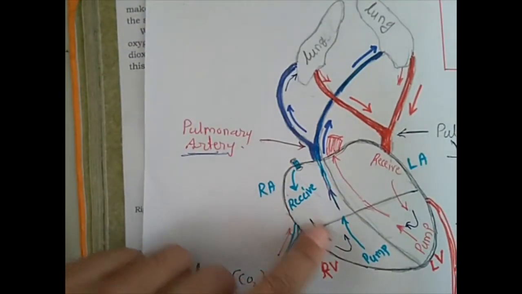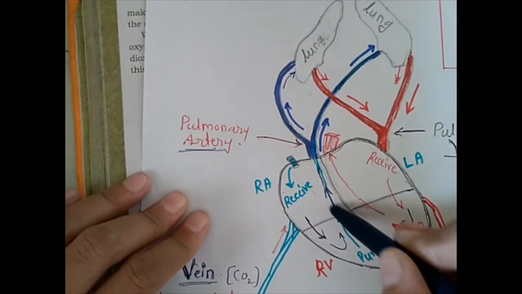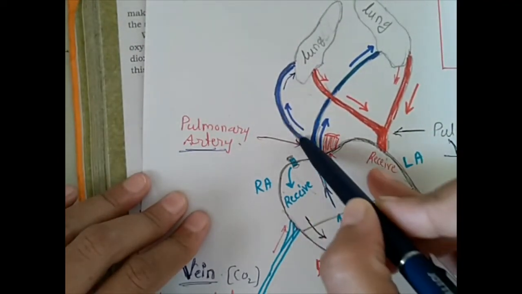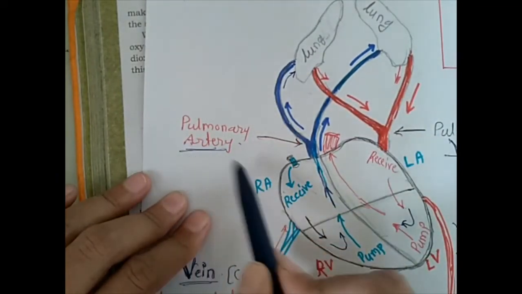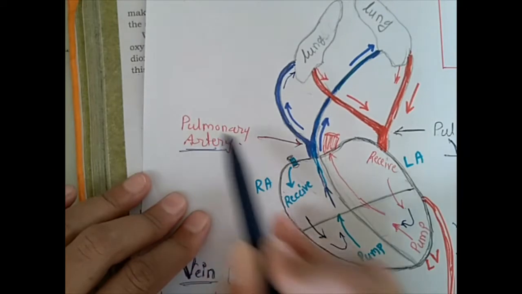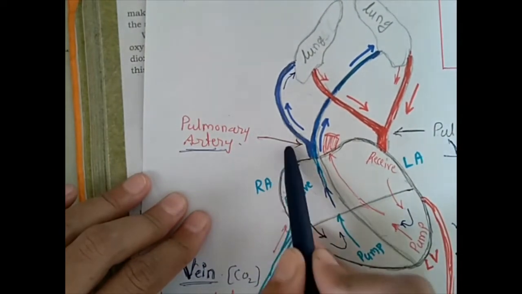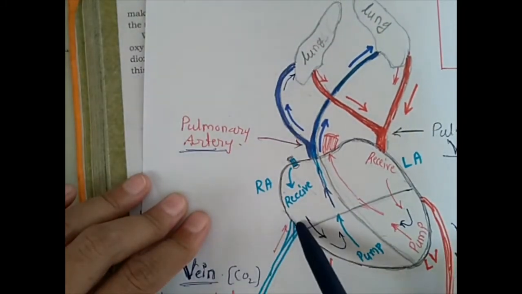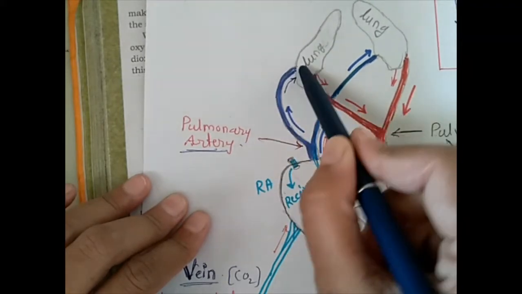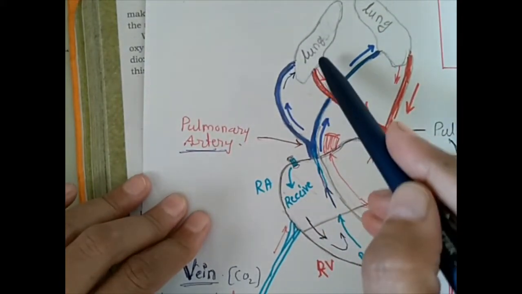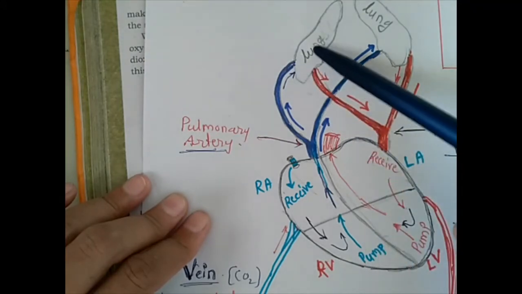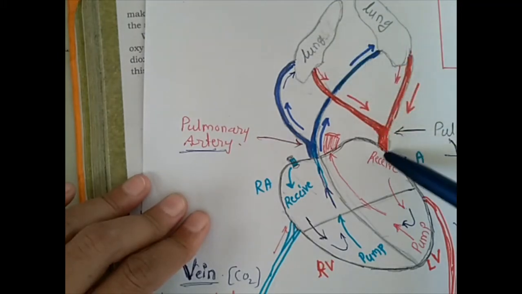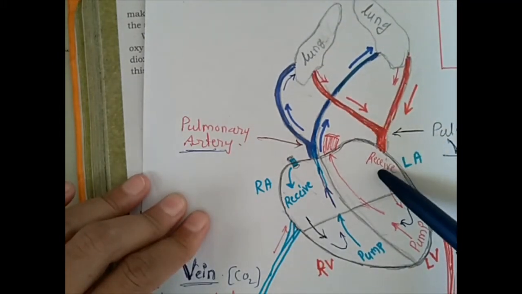Blood enters into the right ventricle, and from that right ventricle, again it gets pumped out towards the lungs, and that blood is carried by the pulmonary artery, because the blood is going out of the heart. That's why it is an exceptional artery. It carries deoxygenated blood towards the lung. Then from the lungs the blood releases carbon dioxide and absorbs oxygen.